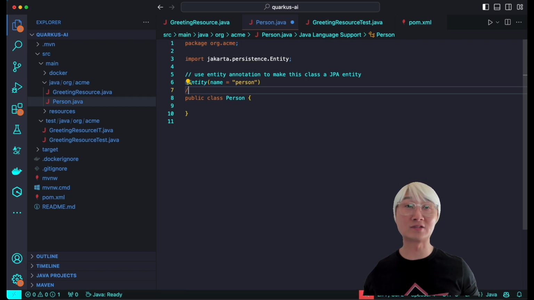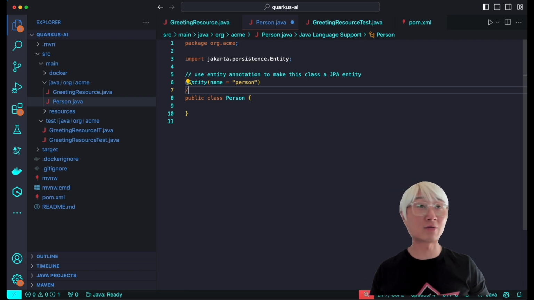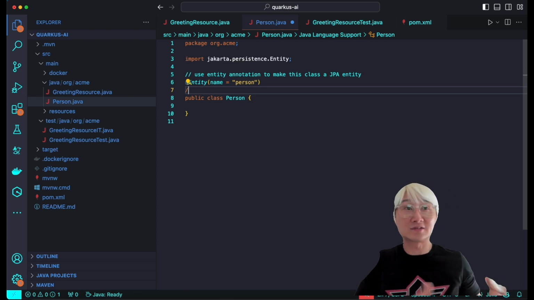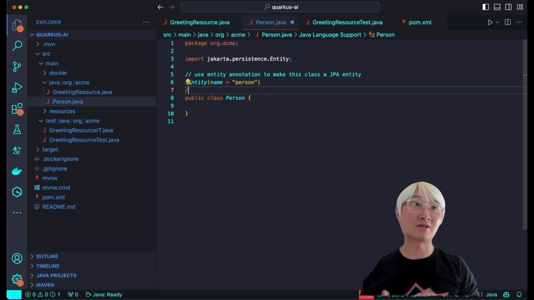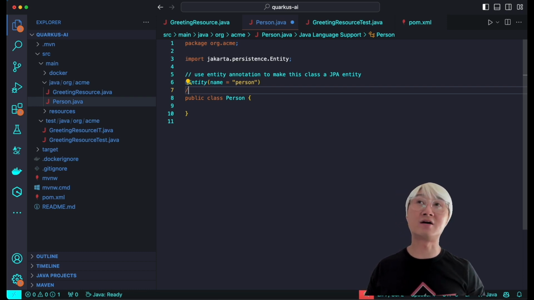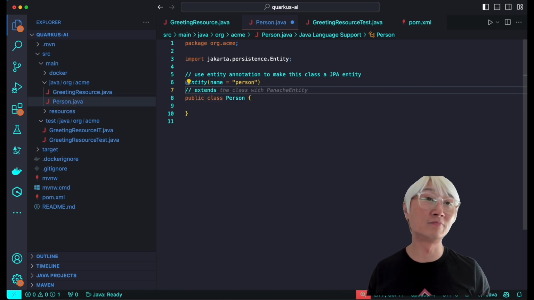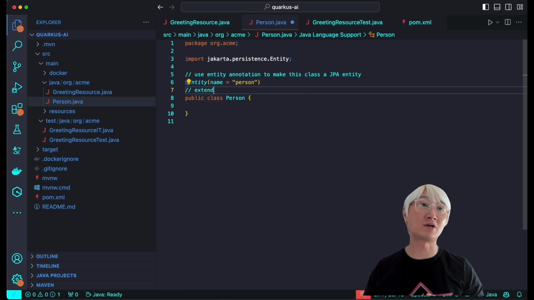I have more than that as a demo developer, but I have almost zero experience with Quarkus. That's why I can ask for an entity annotation, or maybe this is not the standard way, but maybe just a small hiccup from my previous experience, for example, and then extends Panache entity,